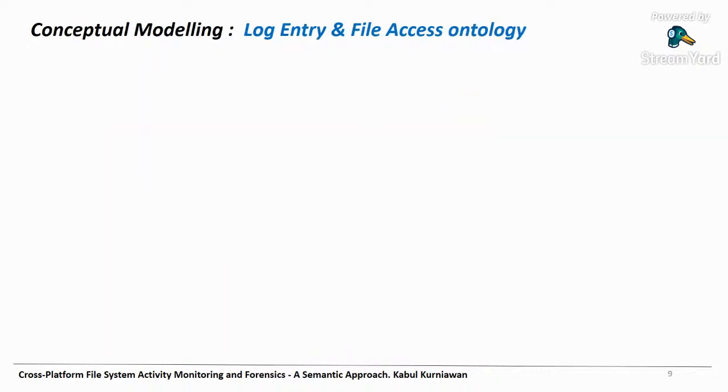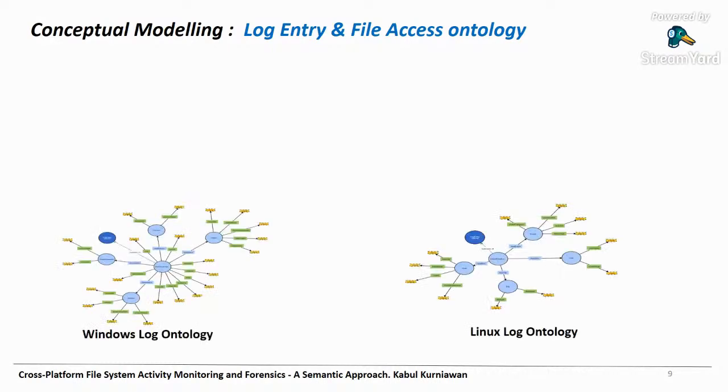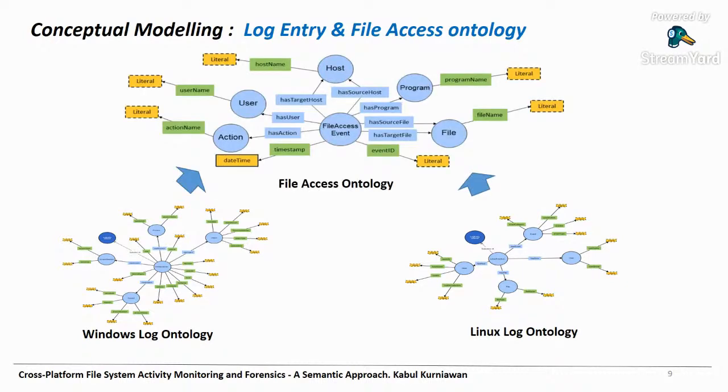Okay, so how about the conceptual modeling for the vocabulary? So this is what the vocabularies look like. So we distinguish the ontology for log from Windows and log from Linux because they have different structures. But in the end, we will have a high-level vocabulary or ontology which represents the structure of file access. So for example, here we have a file access class which has